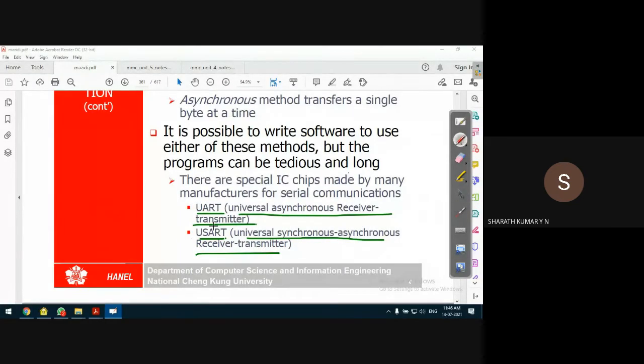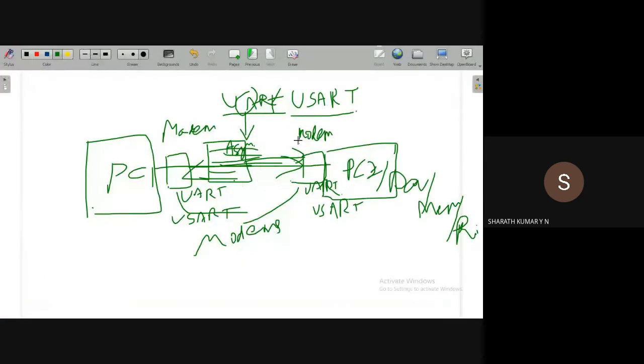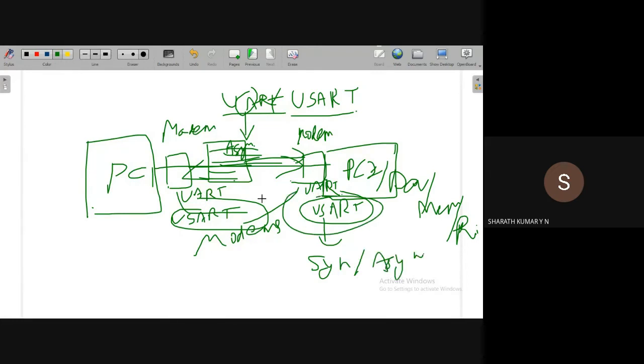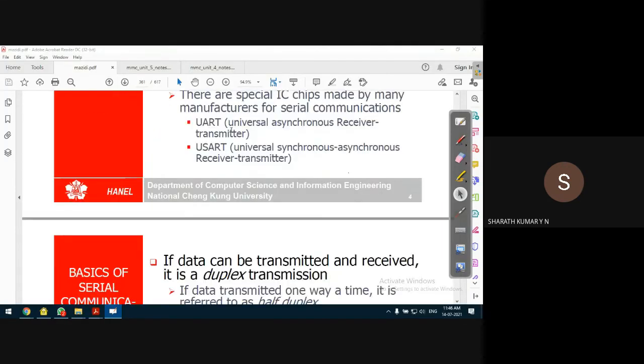Of course, you must have come across these devices in your desktop PC, your printer, or your mobile devices. There exists what is known as a UART or USART. As the name suggests, this USART supports both kinds of transmission, both the synchronous as well as asynchronous method of communication. So it is better to have USART. If you have only UART, it will support only the asynchronous method of transmission. So USART is more useful when it comes to communication.